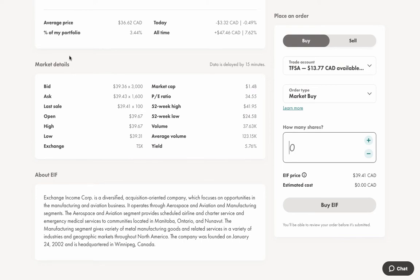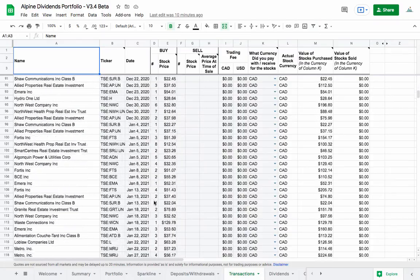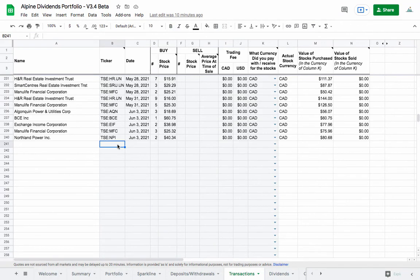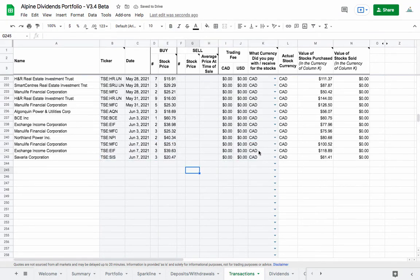So let's go back into the Google Sheet then. What I want to do is log the transactions. So I come into the transactions tab and scroll down to the bottom. And with the numbers that we just looked at, I just drop them in right here, exactly what I paid for, especially using a market buy or market sell. Be careful because sometimes what you think you're going to buy it for will differ a little bit from what you actually buy it for. But anyways, once all of these are in,